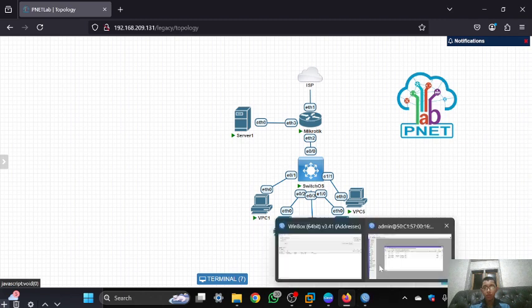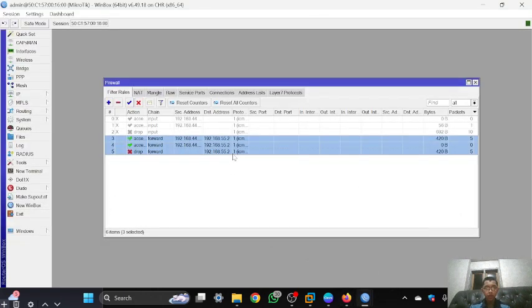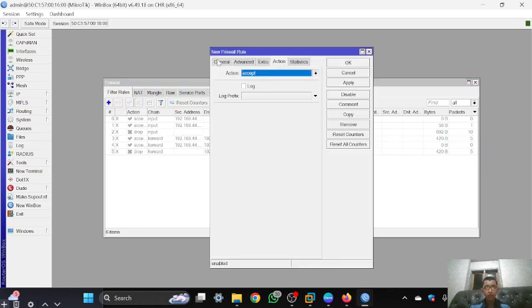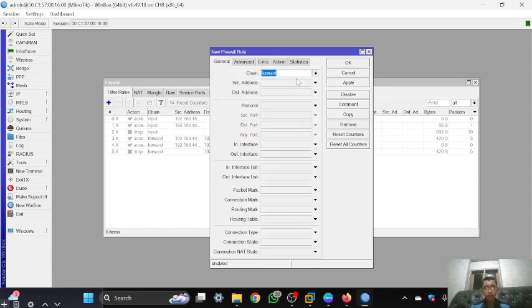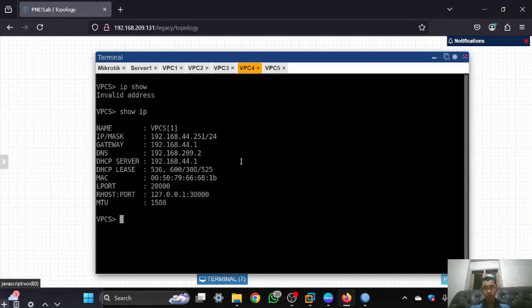So let's go to Winbox, and you can turn off the last rules, and you can click add, and in general the chain is forward, and the source address is the IP of VPC4 and 5.